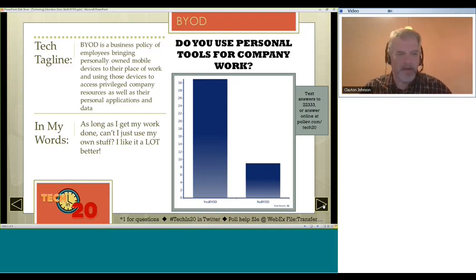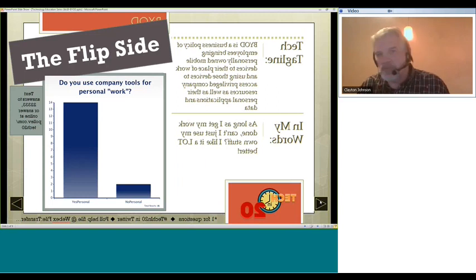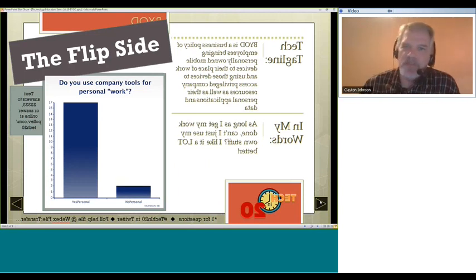We don't have to worry about warranties and assets and CapEx and all of these kinds of things. Just let them connect with their own device. Let them own it. There are some pros and cons associated with it, and so today we're going to really focus on those pros and cons and what kind of things are there. The flip side of that is almost the same, but a little different take on it, and that is,